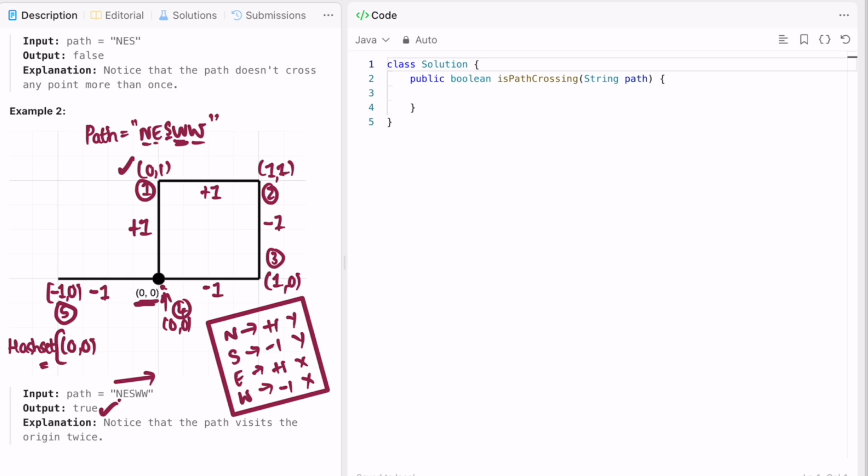So here we start with 0 comma 0. Next we push 0 comma 1 because it is not present. Next we put 1 comma 1 because it's not present. Next we push 1 comma 0 because it's not present. Next, when we try to push 0 comma 0, it is already present inside the hash set, so we return